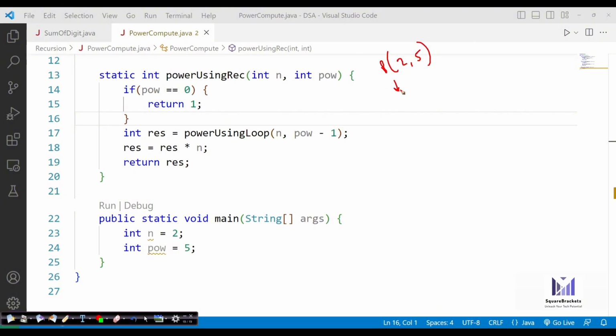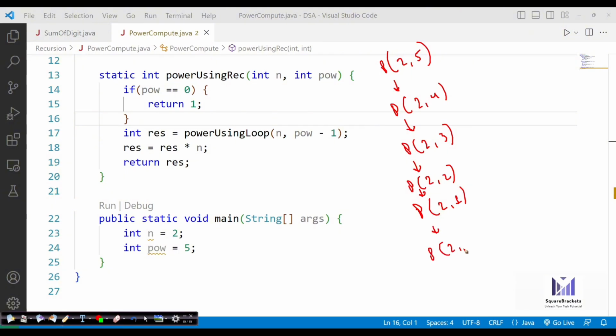Then it is going to call power 2 comma 4, then power 2 comma 3, then power 2 comma 2, then power 2 comma 1, then power 2 comma 0. These are the recursive calls and nothing has happened till now except this. Finally when power becomes 0, it returns 1.